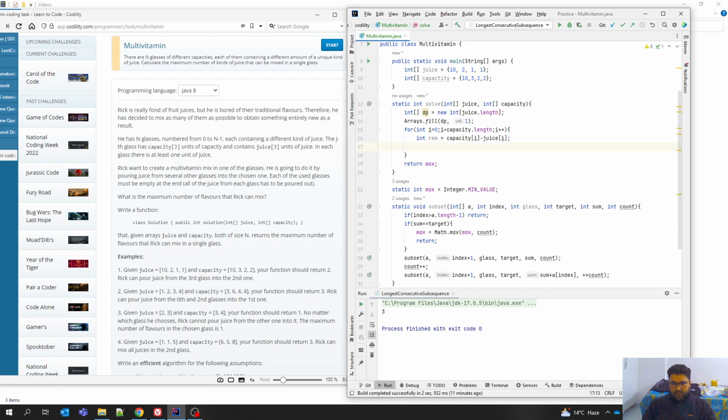So we subset a, what do you say, because remaining is this, right? We need to achieve this and we are doing a subset. Okay, capacity, because yeah, index is I, glass is I,